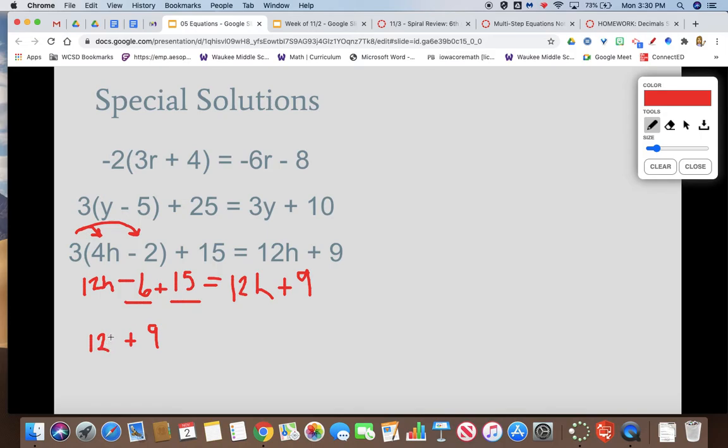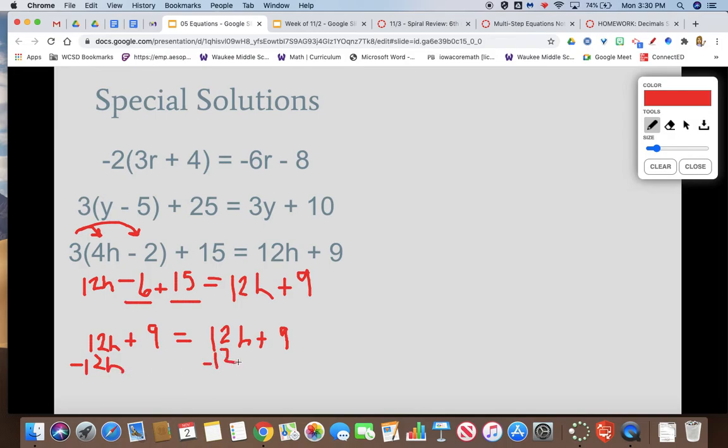And you still have that 12h at the start of that equation. And you set that equal to what was on the other side, 12h plus 9. At this point, you're noticing that your sides are looking identical. That's a signal to you that you have a special solution problem that's going to end with all solutions as your answer, but you can keep working to get to the point to make sure that you don't have h